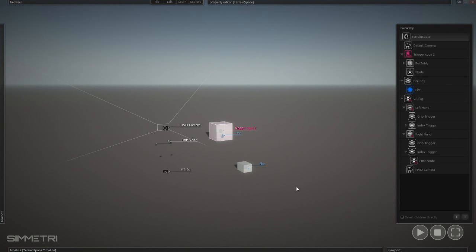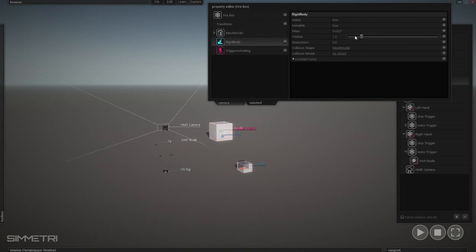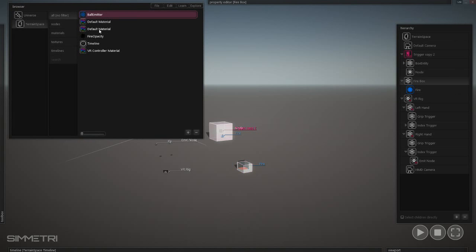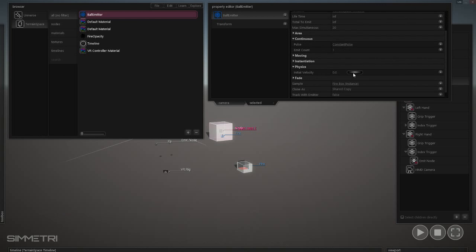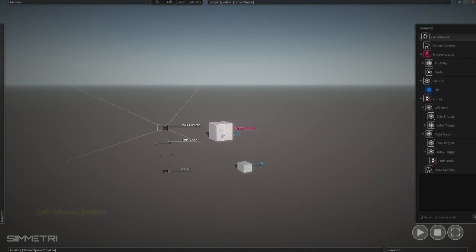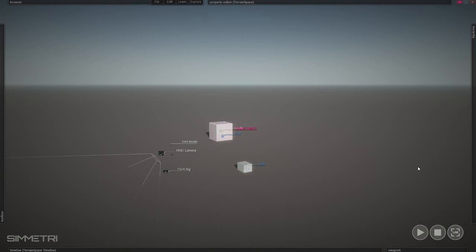And what that's going to mean is that when we press our right index trigger, we're going to shoot this box out. My assumption is that this box has some mass, and I'm curious if we're going to be able to get enough physics. We want some velocity, so I'm going to crank up some initial velocity to like 20. And now when I go into VR mode,